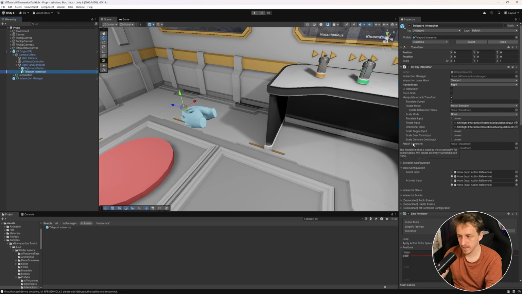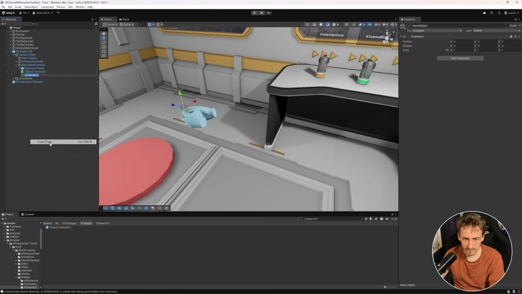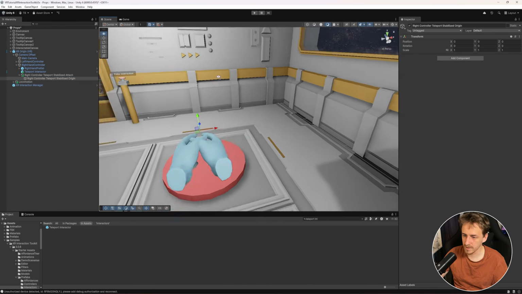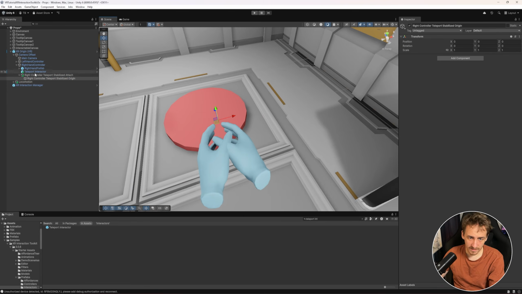Okay, we need to add the attach transform and the ray origin transform. Before that, we need to create two separate objects in the hierarchy. So first, I'm just going to put it on the right hand. I'm going to call it right controller teleport stabilized attach, and I'm going to create a child object, which is going to be the stabilized origin. Zero, zero position, right now it doesn't matter. Okay, and I just have to drag this out to the camera offset level, and